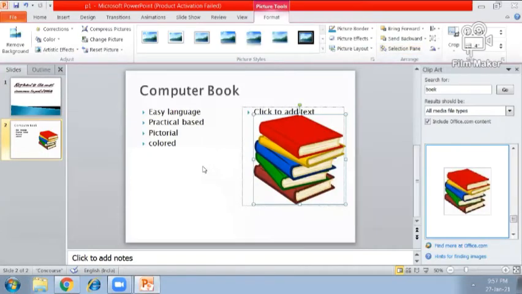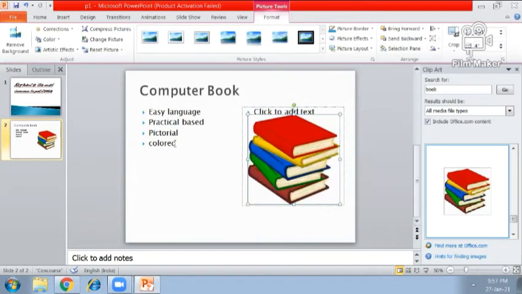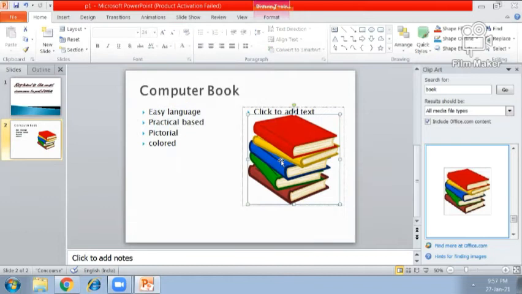Now the new slide is here. I have prepared it for you. This slide is related to a computer book, and this is the clip art for the book. Okay, some information is there. You can write any information and you can change the style and color of the written text, and you can format this picture also. Okay, as you click on this picture, you will find the Format tab on the topmost